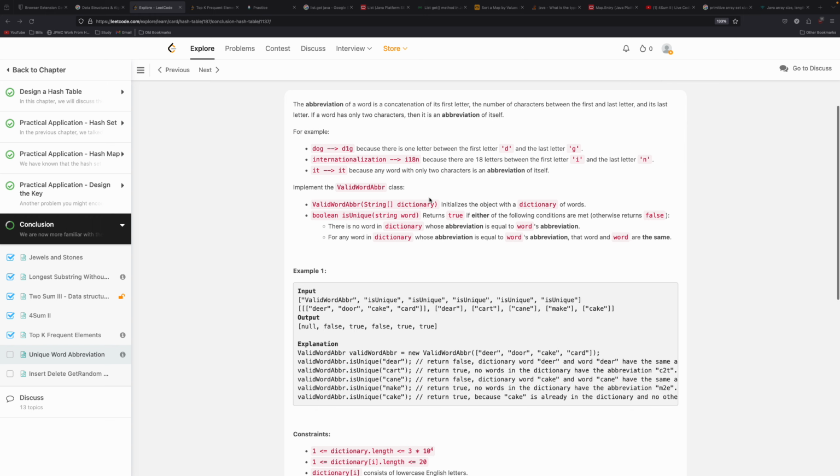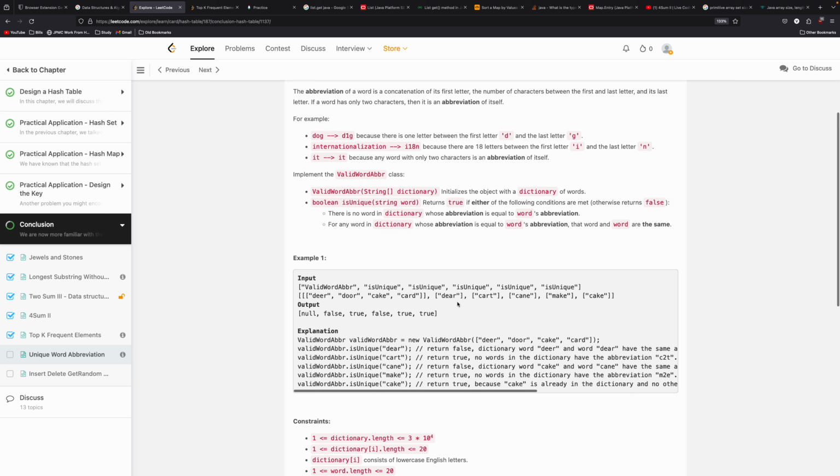So the valid word abbreviation constructor takes a string array dictionary and initializes the object with a dictionary of words. So we would do valid word abbreviation with deer, door, cake, card. Okay. And then